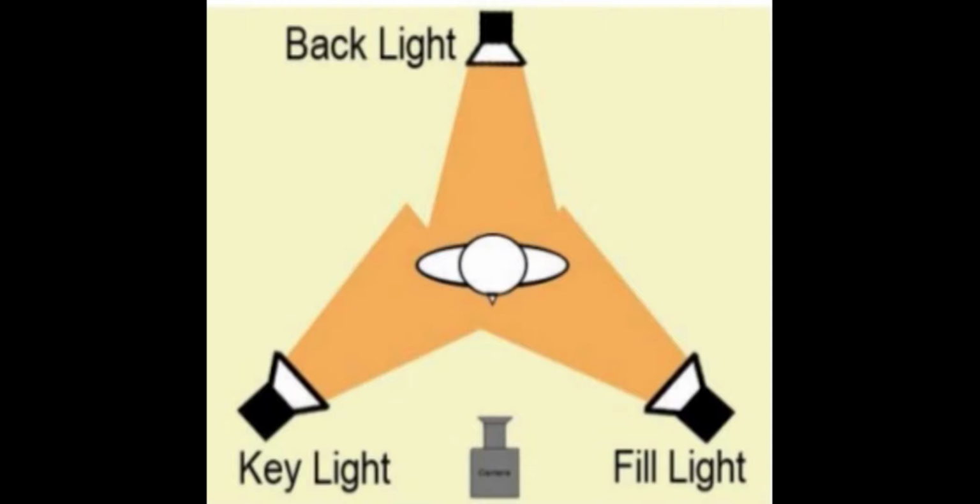When looking at lighting, there are many ways in which it can be approached. One of the most commonly used lighting setups is that of the 3-point lighting system. This is where there is a key light, which is the main light that is used to light the subject, a fill light that is slightly softer to take away darker shadows, and a backlight which is used to light the back of the subject to show the viewer the distance between the subject and the background.